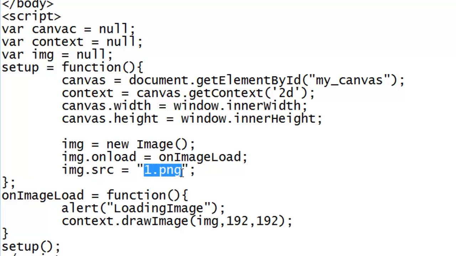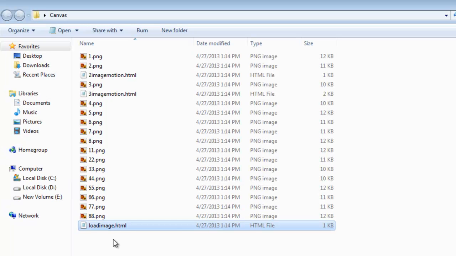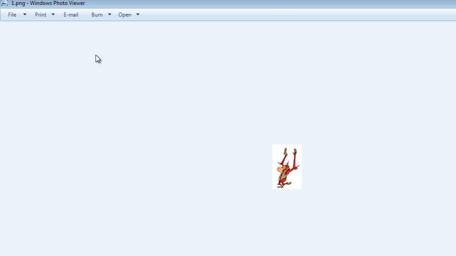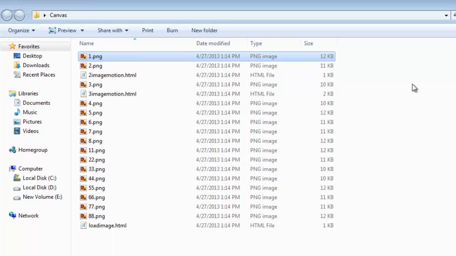Right now the image 1.png is within my root folder, so that's why I'm not giving any path. My HTML page is in my folder canvas, and in the same folder I have 1.png. This is the image of a monkey that we are going to render on the page.